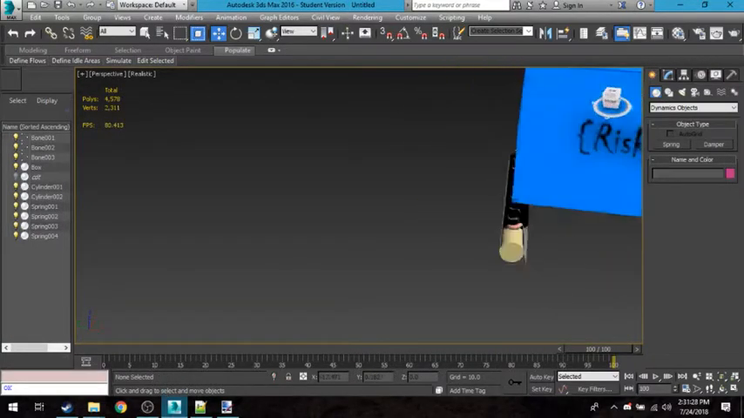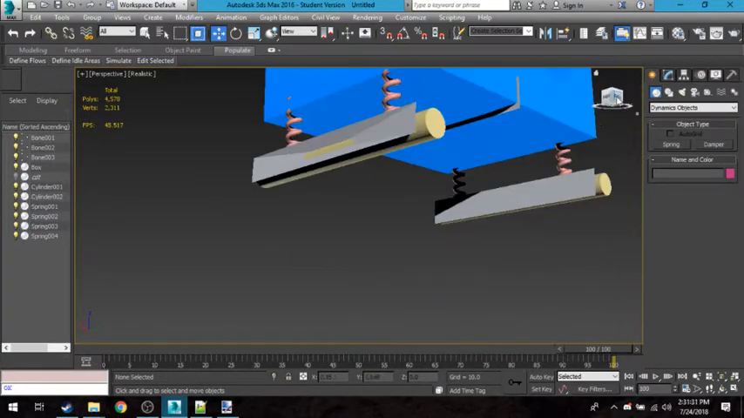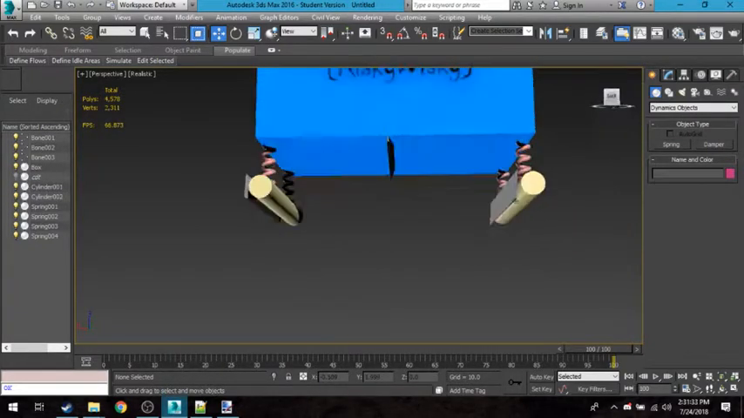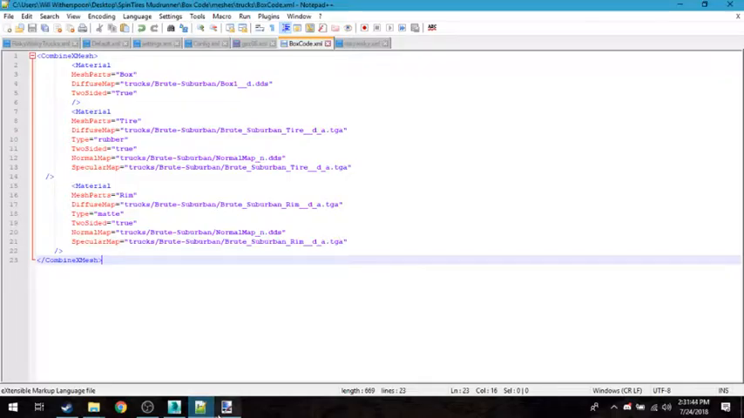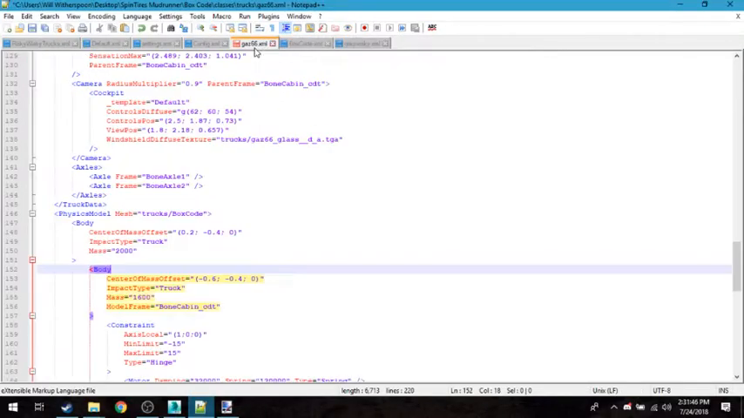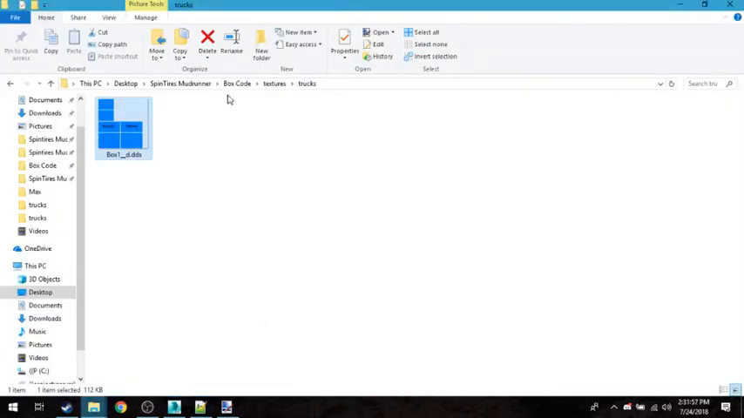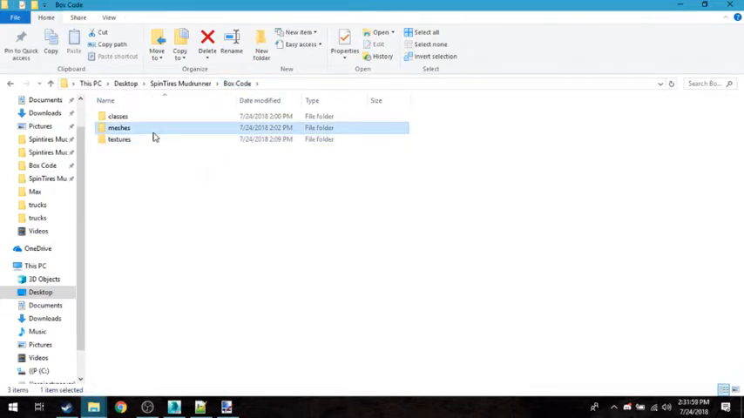Pop it in game, and yeah. Well, no, you can't do that. Because number one, the game's like, what the heck? What bones are these? The game doesn't realize that they are bones. To make the game realize that they're bones, you actually gotta edit the XML, not the config file. So we're gonna have to go all the way back to meshes, or actually no, we have to go to classes, trucks,